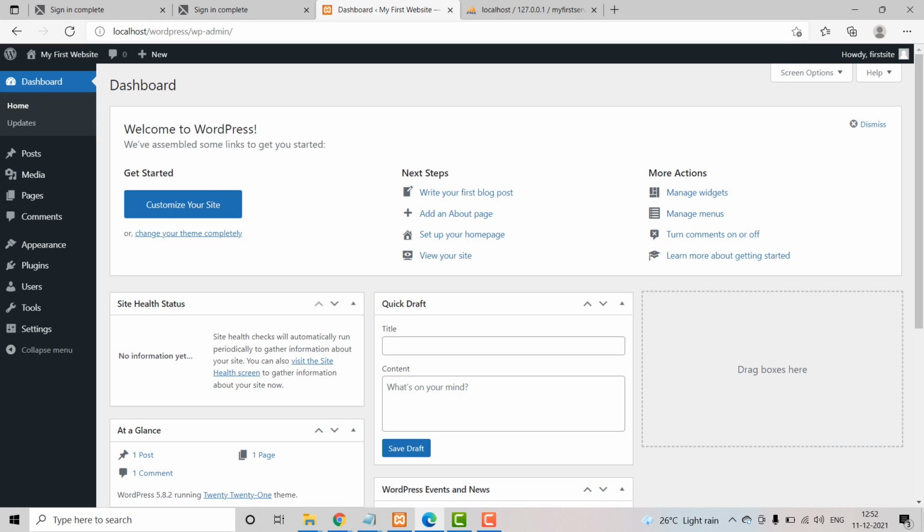Hooray! So here is our WordPress dashboard on our local host. So here you may go ahead and download Elementor or use whichever software that you use for designing your web